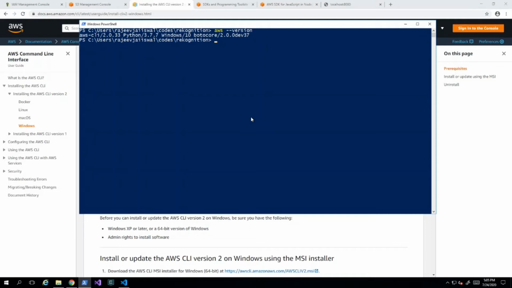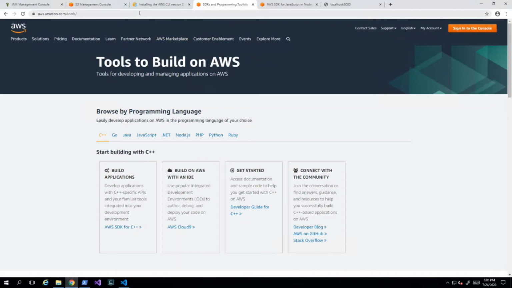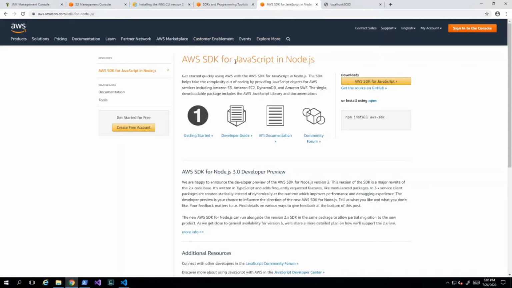The next step is that you can deploy the AWS tool for a particular programming language, depending on what you want to use. I have used Node.js, that's why I have deployed the AWS tool for Node.js, but you can deploy as per your choice. If you go to this URL, you can find SDKs available for different programming languages, starting from C++, Go, Java, JavaScript, .NET, Node.js, PHP, Python, and Ruby. I have done the deployment for Node.js, so I shall be going ahead with this approach. You can take your call. If you want to go with Python development, you can deploy the SDK for Python.